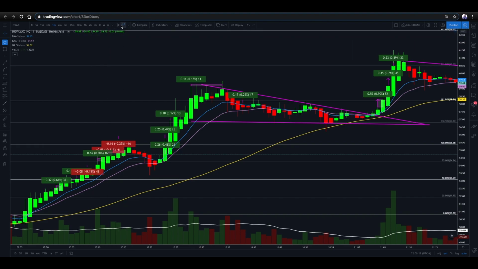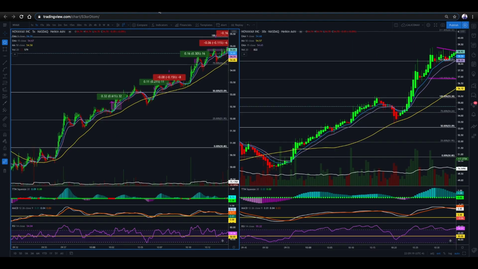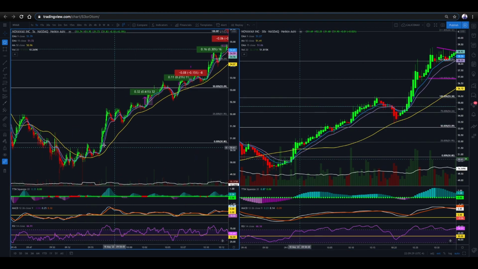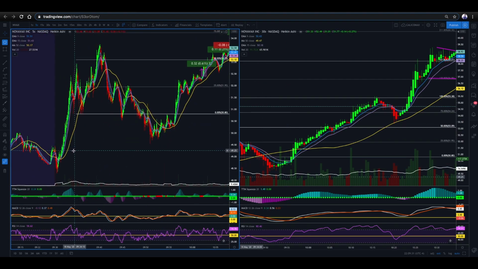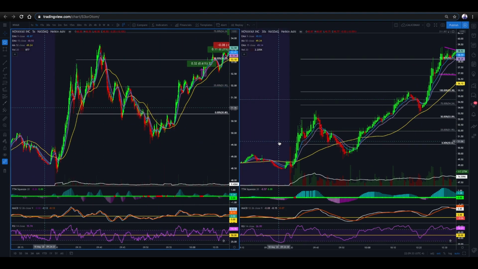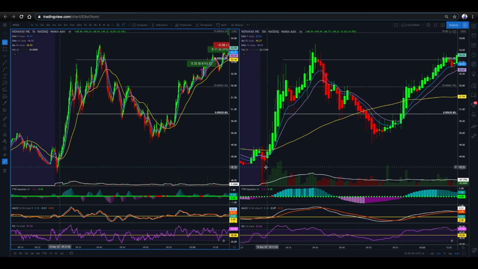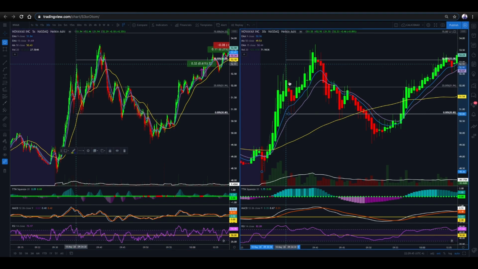So here we are. Let's click over here. This is my 2-minute chart, or sorry, 5-second chart, and here's the 30-second chart. Okay. And there's the beginning of the day. Using the 30-second chart, I do draw my fibs on the 30. So what you'll notice here is you have the bottom of the flagpole, top of the flagpole, bottom of the